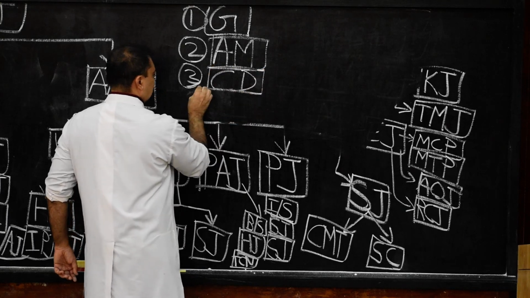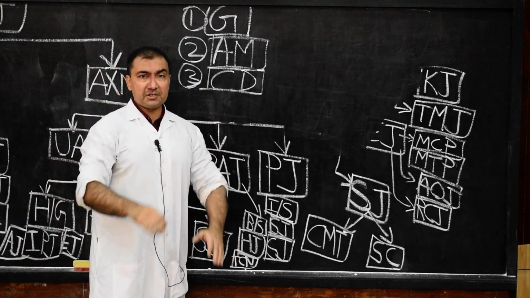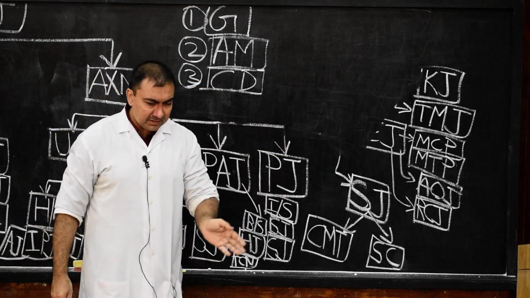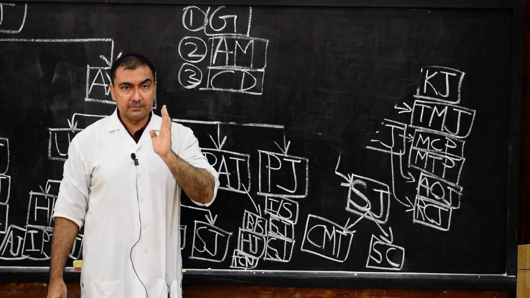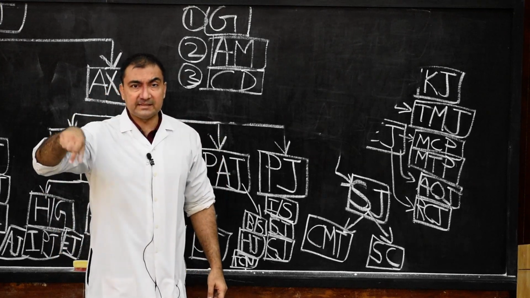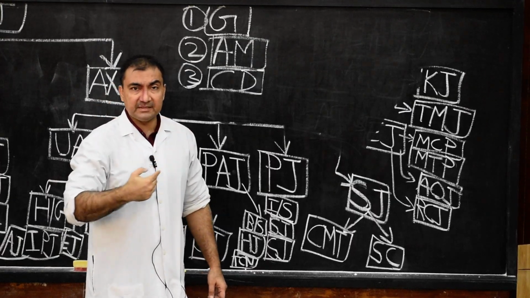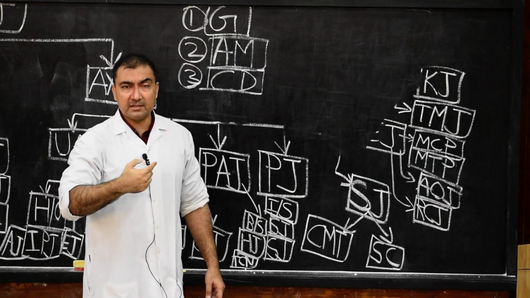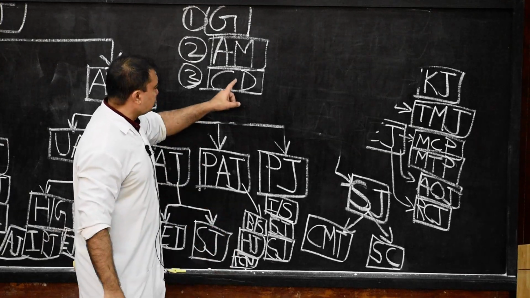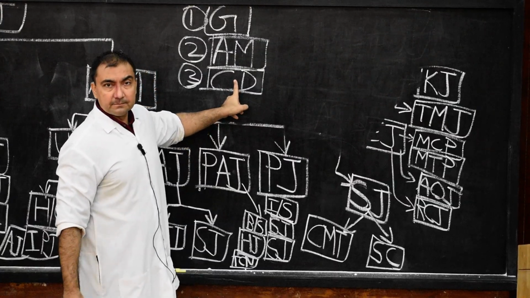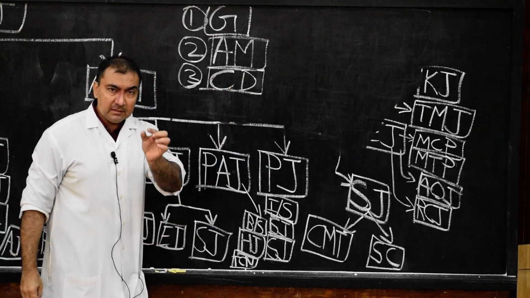Circumduction movements will be when there is a combination of flexion, extension, abduction and adduction all together. All the 4 angular movements, when they take place at the same time in a sequence, it will resemble a cone. Those movements are called circumduction movement. They resemble the base of the cone and the axis of the cone.